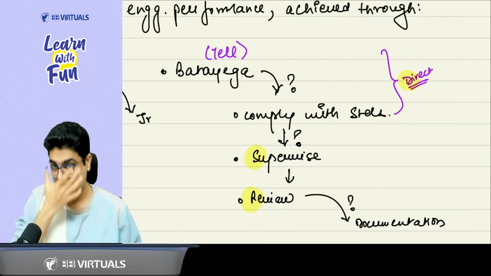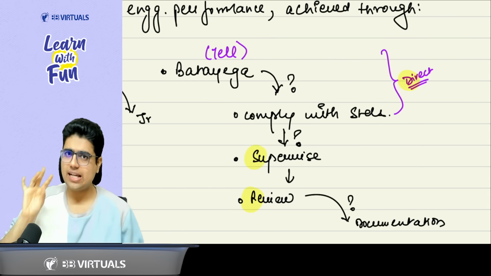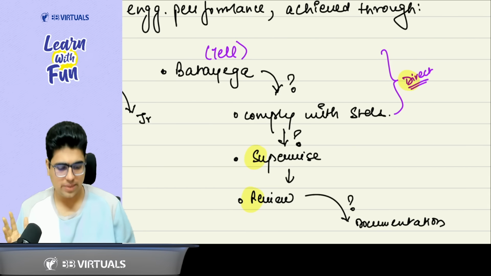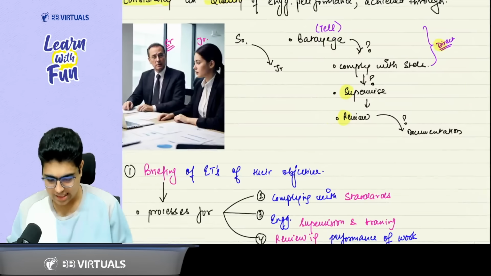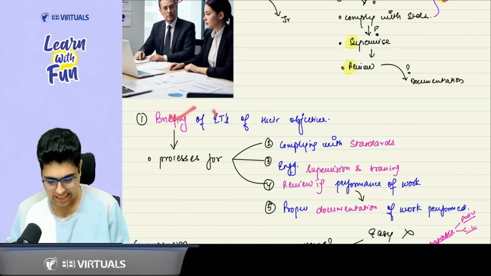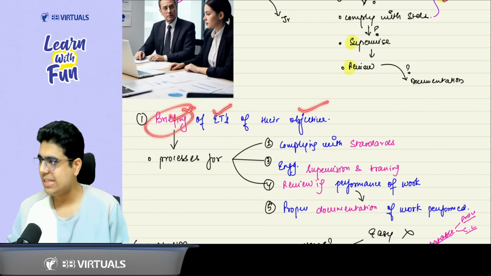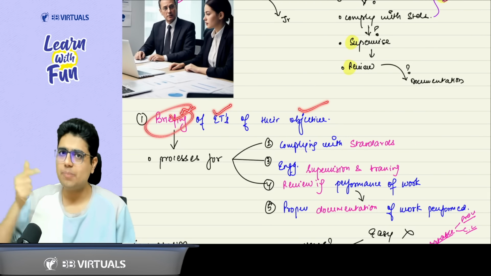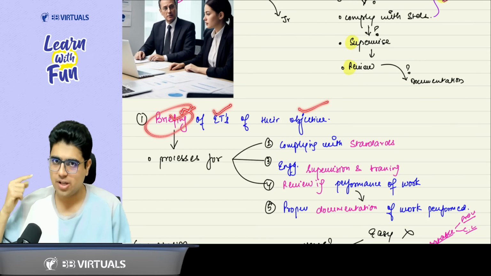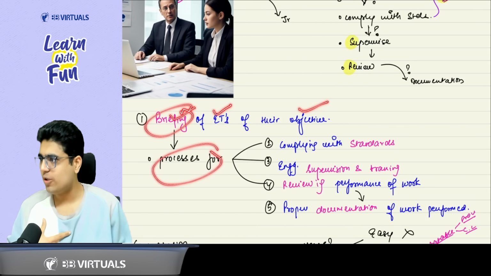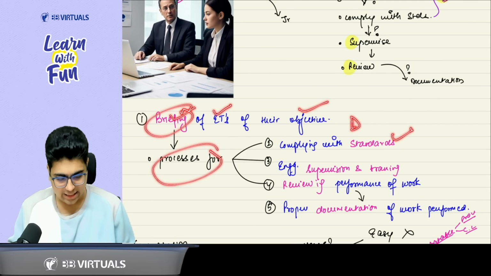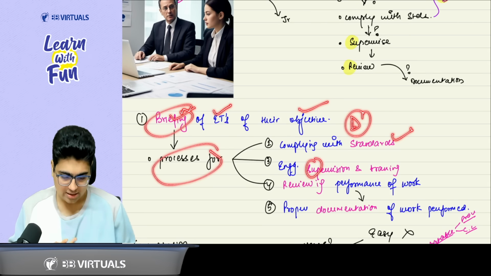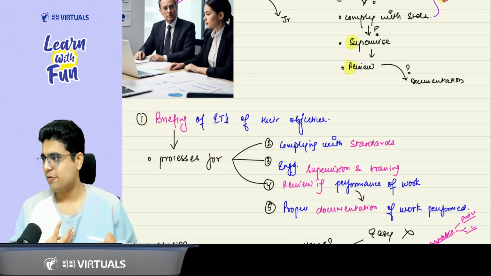So just remember these 3 points. Direct, supervise, review. What will he review? The documentation. What will he direct? To comply with the standard. So these are the points that are given. Briefing the engagement team about their objective. Briefing means directing them, telling them to comply with the objective, to fulfill the objective. How to fulfill the objective? By following the process of complying with the standards. After directing, next point was supervision. Third point, review. Review of documentation of the work performed.